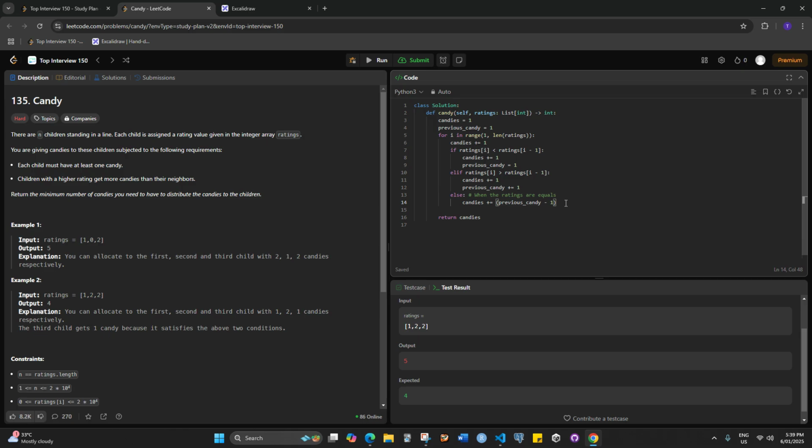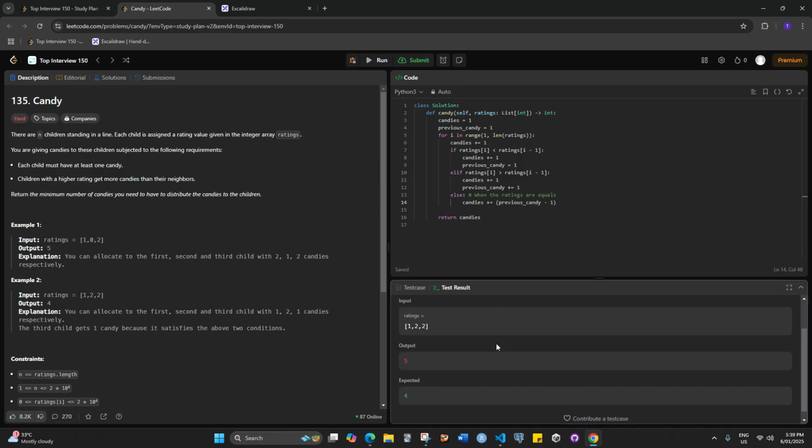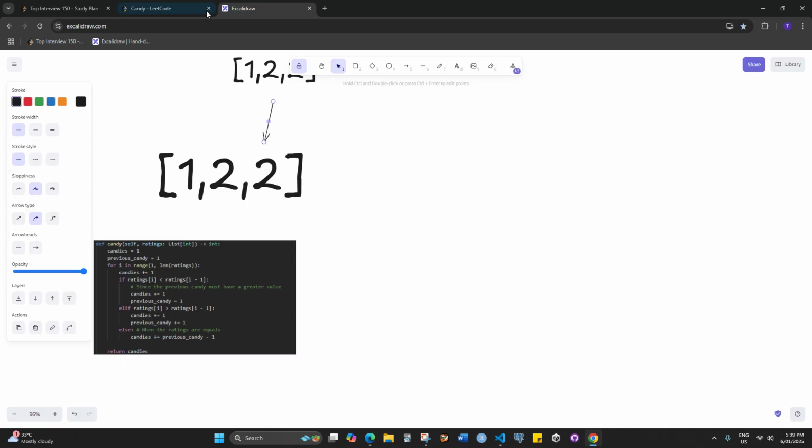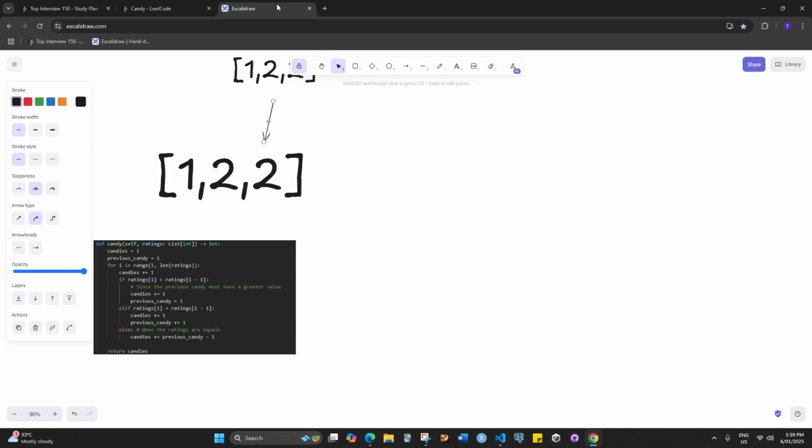Plus equals to previous candy. Oh, and then I should take previous candy. No, the previous candy doesn't change. It's still the same thing. Why does this not work? It still gives us 4. So this is just candies plus candies equals to candies plus